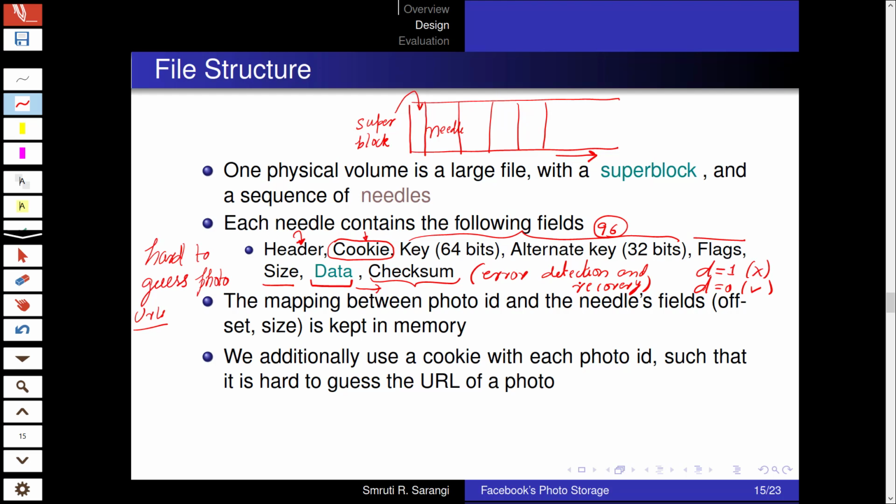The mapping between the photo ID and the needle's fields, the offset, the size, etc., is kept in memory. So in memory, we have an index from the photo ID to the corresponding needle.